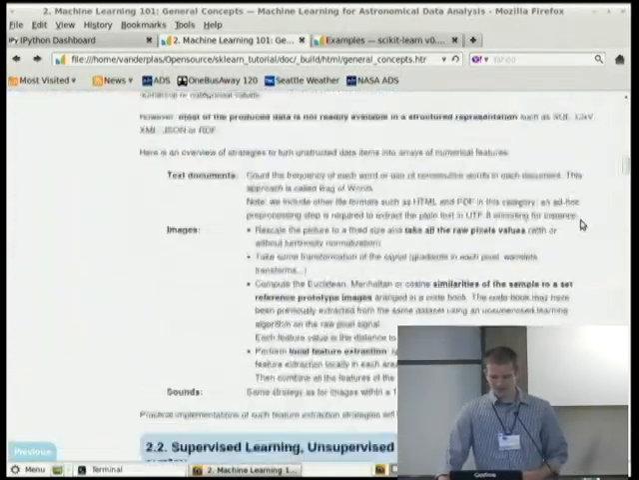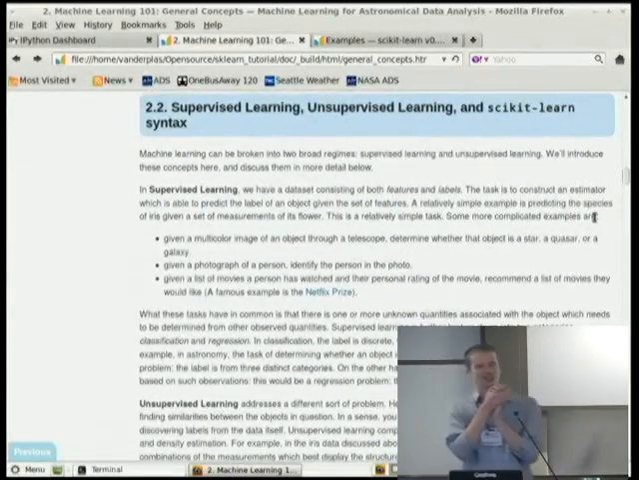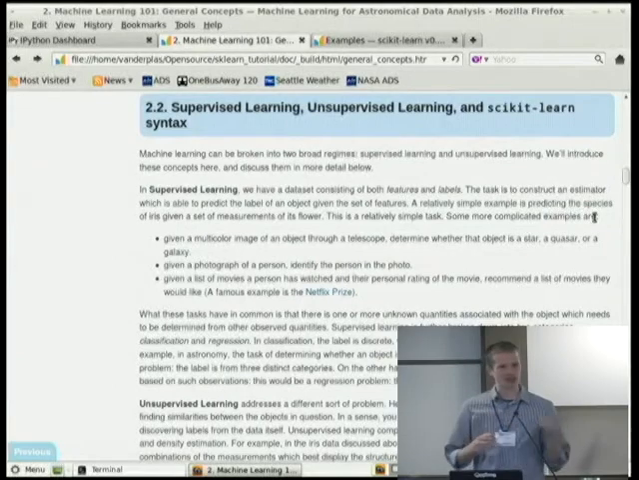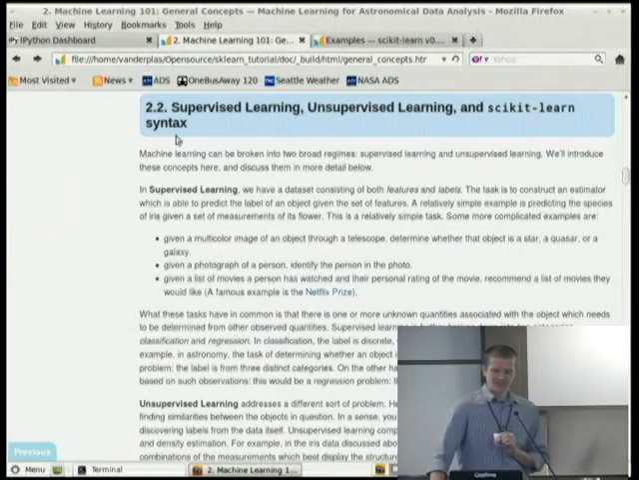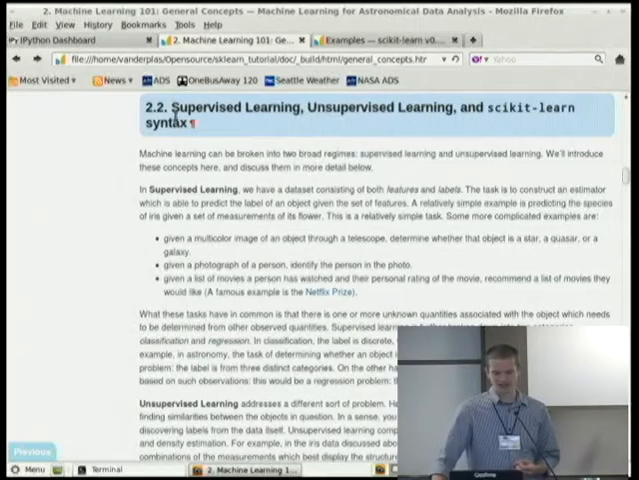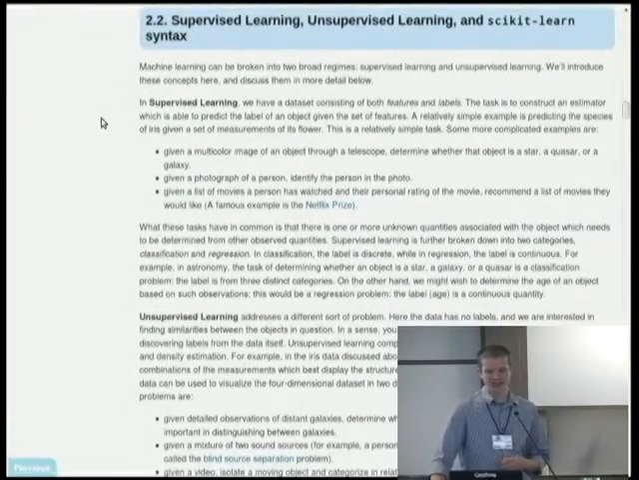So where are we? We're looking at general concepts. Matt's question earlier touched on this. We talked about the training set and the test set, and that goes into the different classes of machine learning. So we're going to talk here about supervised learning, the differences between supervised and unsupervised learning,